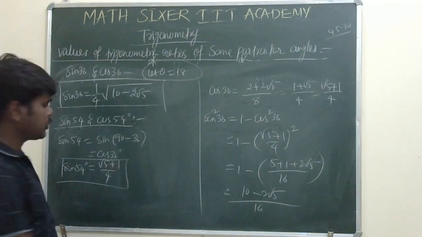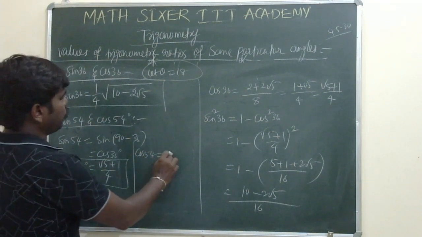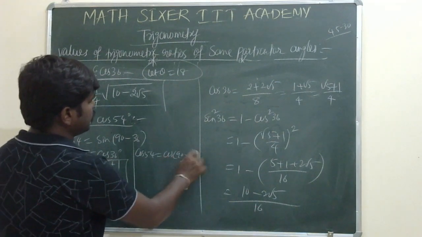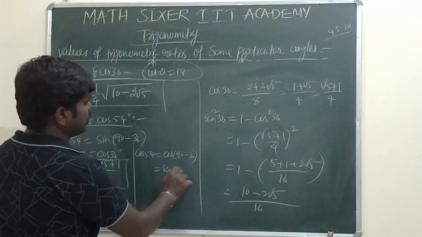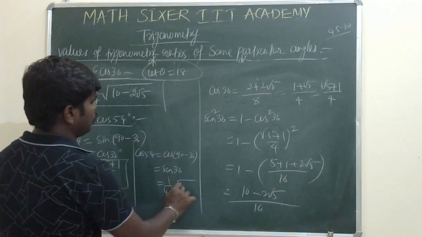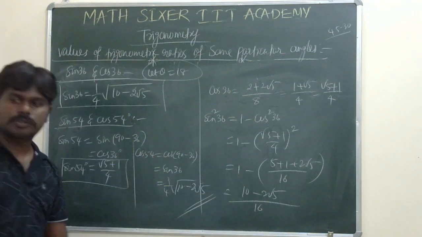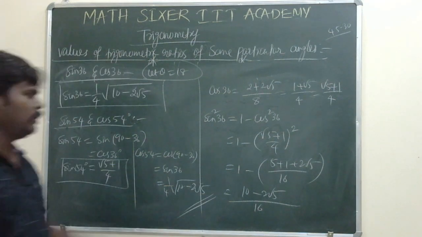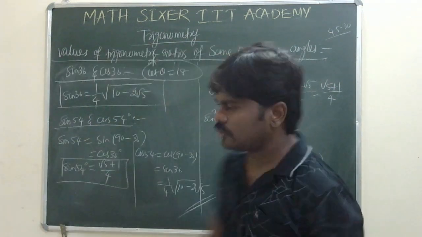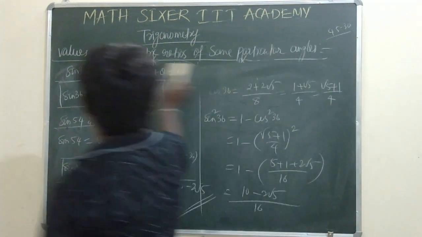Okay, next cos 54. Cos 54 means we can write 90 minus 36. So again sin 36 is 1 by 4 into square root of 10 minus 2 root 5. Okay, so these are some important points to be remembered. So next we will see